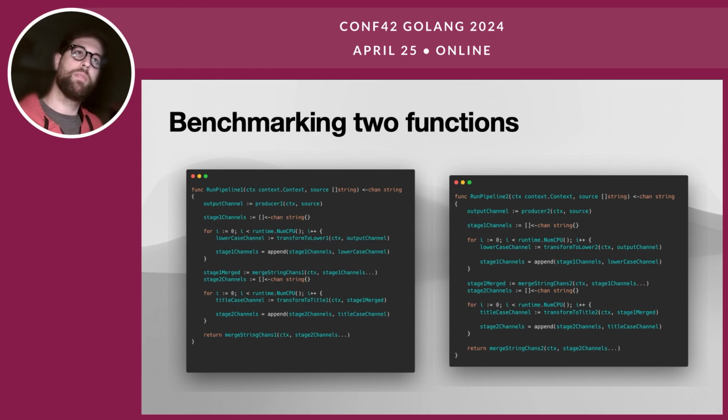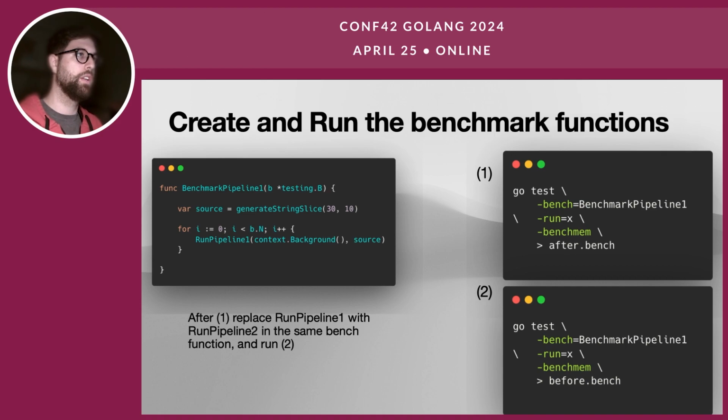So we want to benchmark these functions, and we can now do a smart thing, since we want to use a tool called benchstat. Benchstat compares two benchmark results, okay? But in order to compare these benchmarks, the benchmark function must be the same. So a cool strategy could be to first create your benchmark, then call the function, for example, run pipeline 1. You produce the benchmark as we do in the second